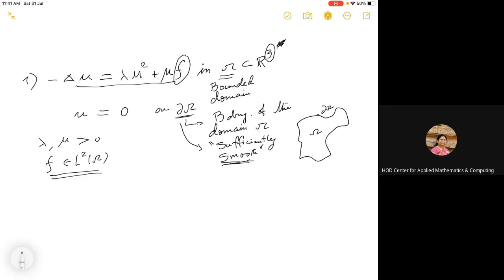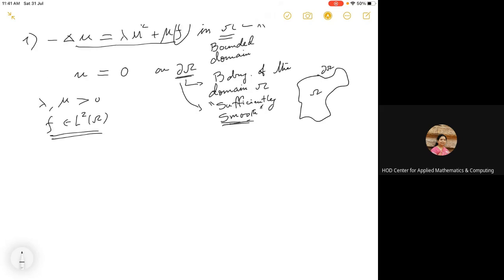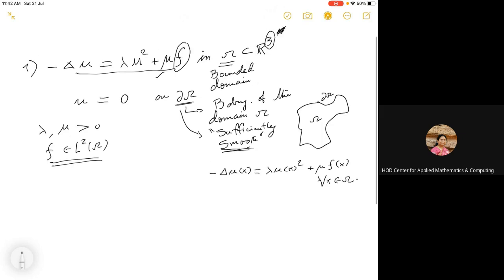Usually when you say that something is a solution to a PDE, let's say you want to find out the classical solution to a PDE, it should actually satisfy that this guy is equal to this quantity for every x in the domain. But that's not what we can do right now, because f is an L2 function and elements of L2 space need not even be a function. Just a passing remark here,